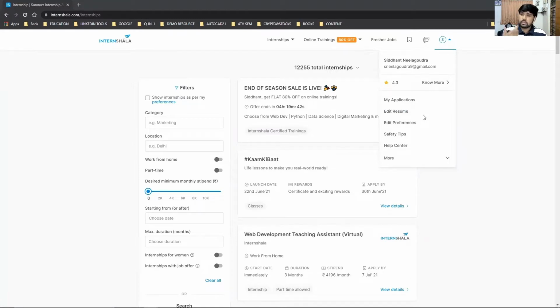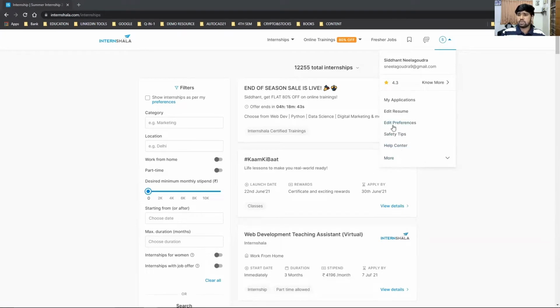Friends, make sure that you make your resume very nicely. You add your education, you add your voluntary experience, and many other things like the courses which you have completed in the past. Also make sure you highlight your skills, the things where you are an expert, and the languages which you can speak very fluently. Make sure that you add all these things, because these key points will make your resume stand out.